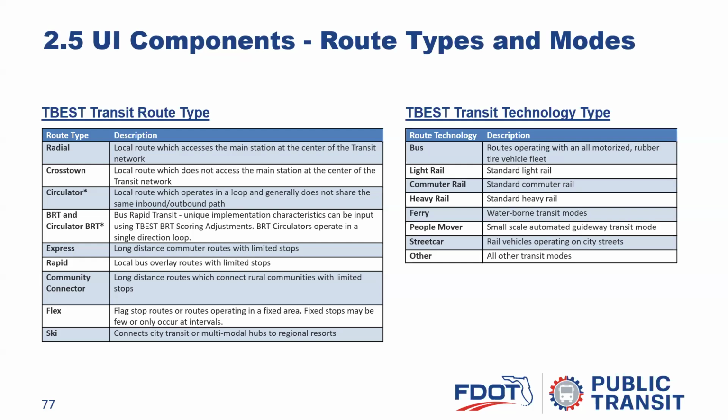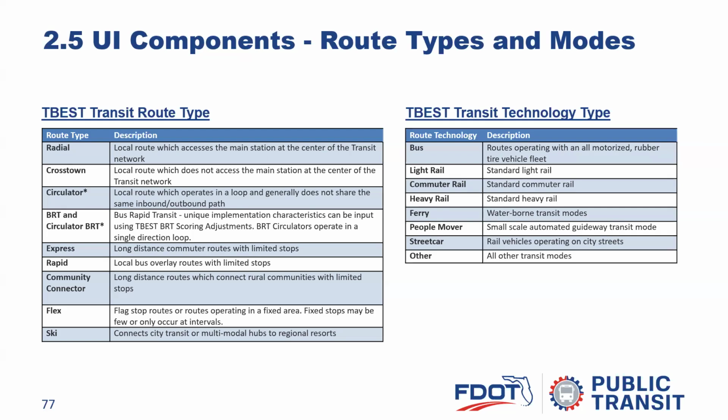And then the ski route really originated out in Salt Lake City, where they had all the ski resorts that had bus service out to them. And so we created that ski type route. But really, that's a resort. So if you're running service to maybe a resort type of setting, then you could call it the ski route. The other types are transit technology type, so bus, light rail, commuter rail, heavy rail, ferry, people mover, streetcar,